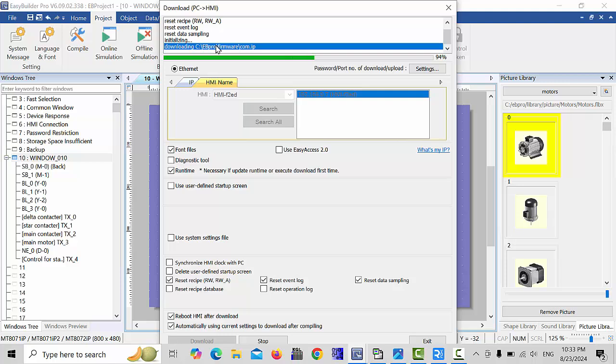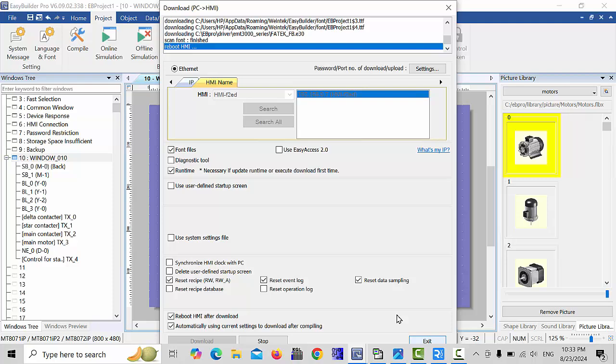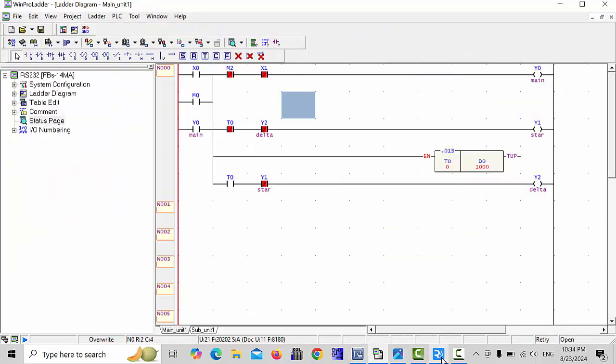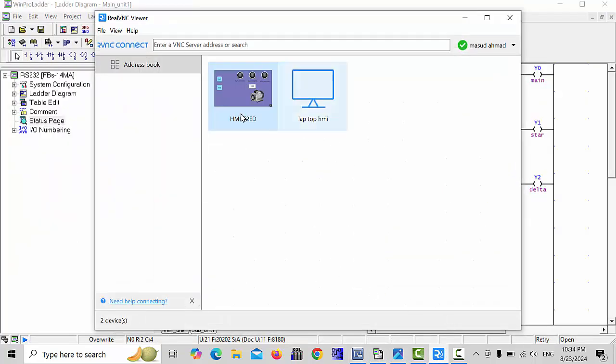As its message is shown all finished, after you can go to the exit. It's very simple and easy. You can make by yourself this program and use with your motor. Now our program is almost downloaded, and we will check our, yeah, this is running, and we will check our